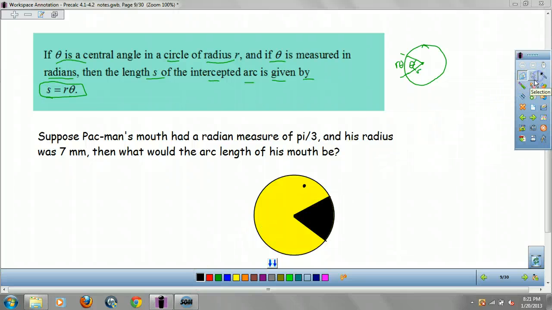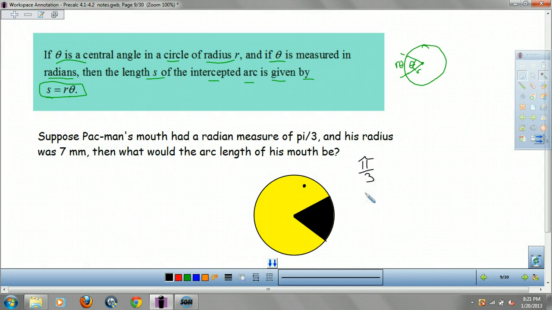In Pac-Man, his mouth measures pi over 3 radians and the radius is 7 millimeters. So how do we find the arc length of his mouth from here to here? Well, you go 7 times pi over 3, which is 7 pi over 3, which he would like to eat, 7 pies, I guarantee it. Which, according to my calculations, is around